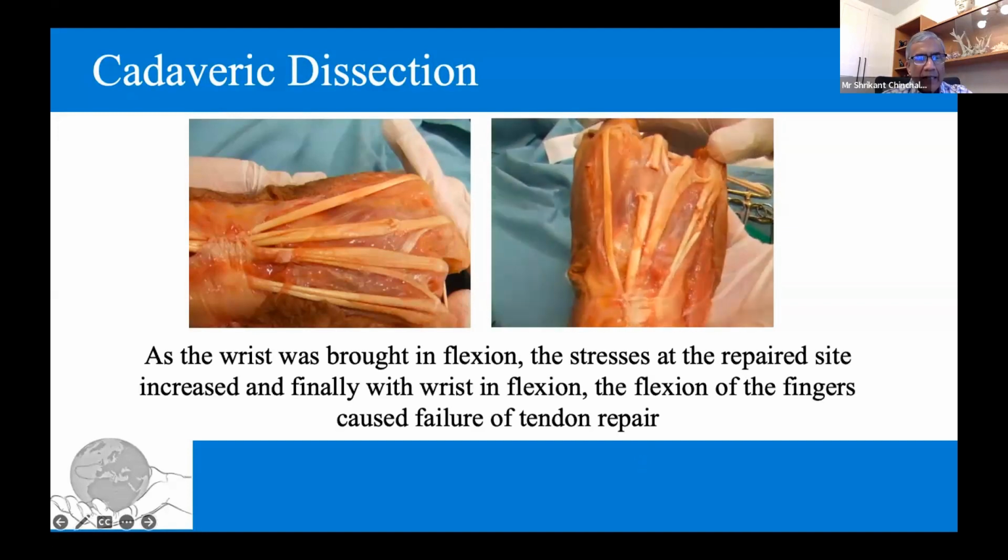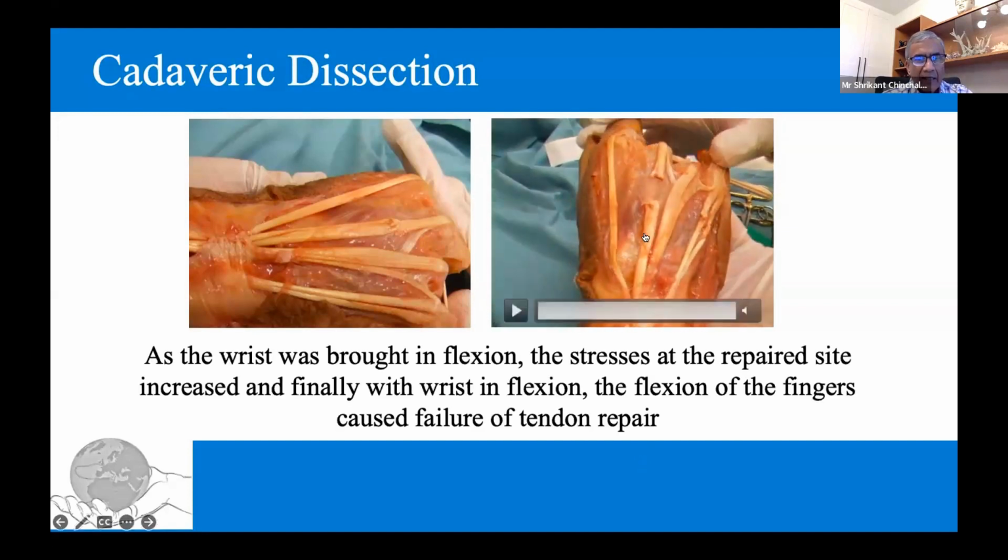So we identified in our cadaver lab that as the wrist was brought in flexion, the stresses at the repaired site increased significantly, and finally, wrist flexion combined with flexion of the fingers caused failure of the tendon repair. So therefore, I'll caution you, please consider providing the wrist splint and allow the motion of the MCP and IP joint